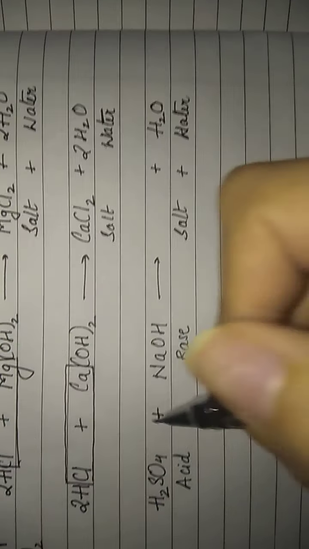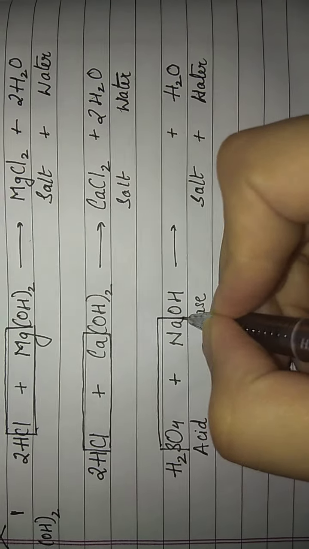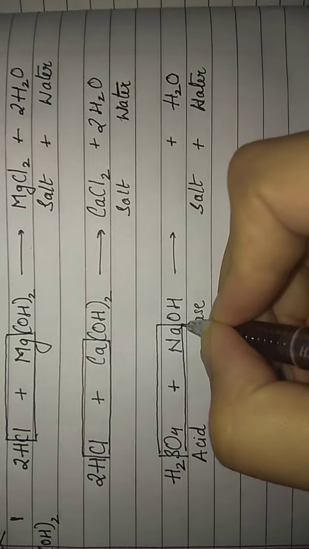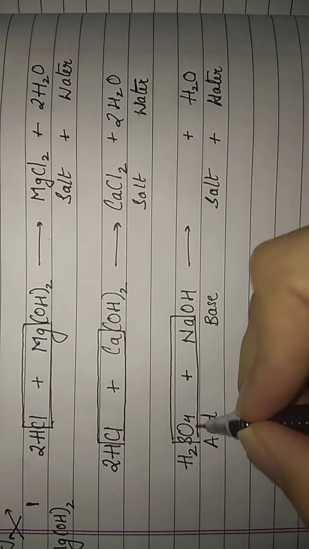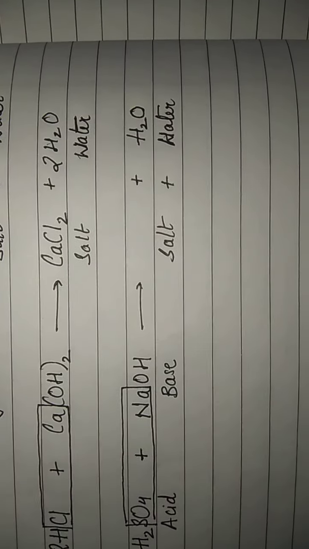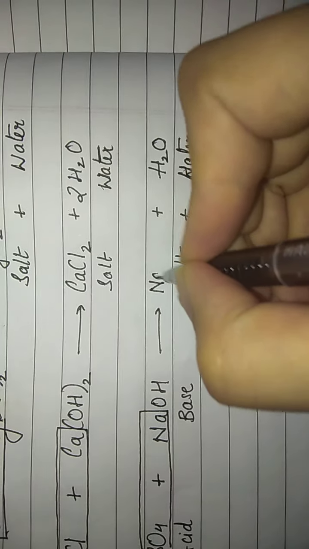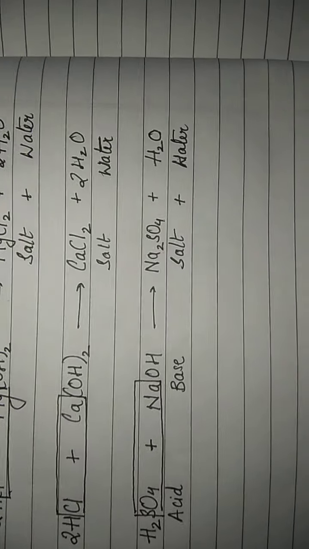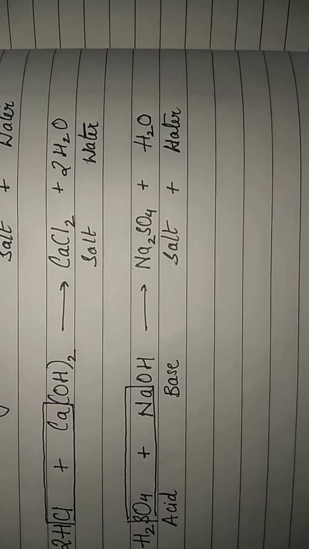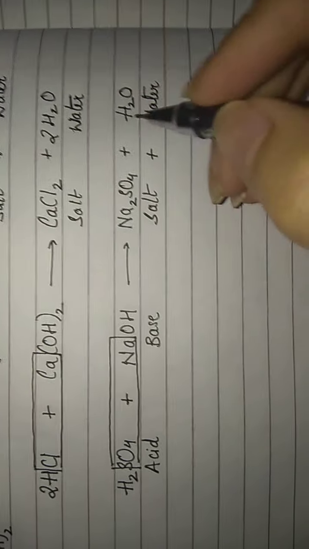Now how will I form my salt? Using the same method like this. So in this reaction my salt will be sodium sulfate. Now using the crisscross method you can find the formula of sodium sulfate. We know it is Na2SO4. We have done this in detail in class 9th. We have already covered it many times in class 9th. So this will be my resulting salt.